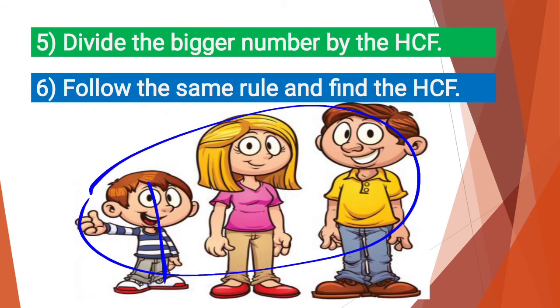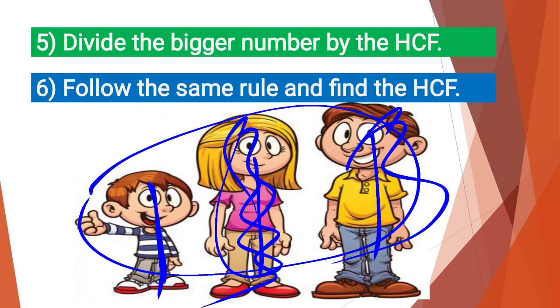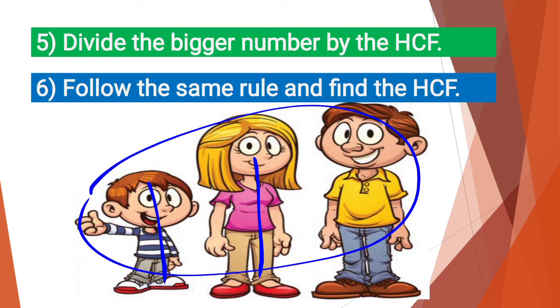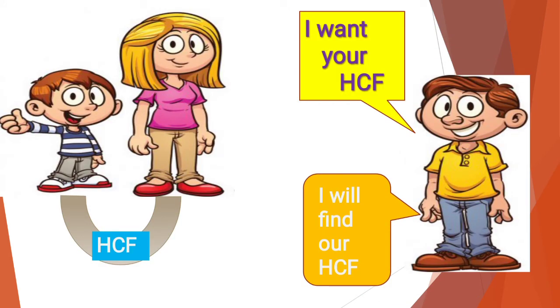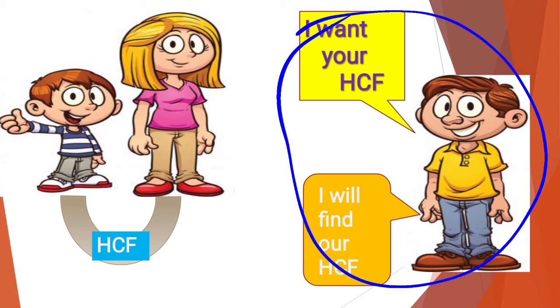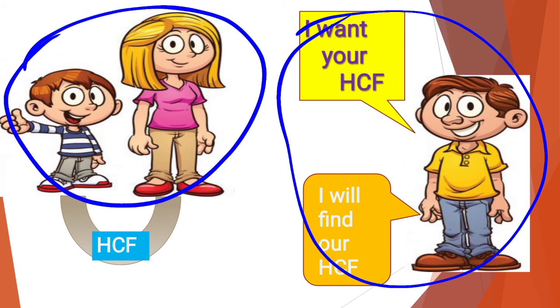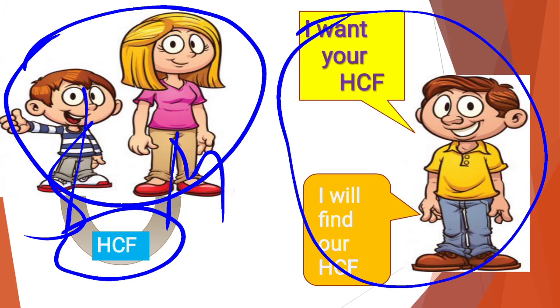Suppose you are given three numbers: first, second, and third. This is the smaller number, this is the middle number, and this is the bigger number, right? So I will tell you what we have to do this time. At first, we keep the bigger number aside and don't think about it. We take the first and second, means smaller and middle, and find their HCF.